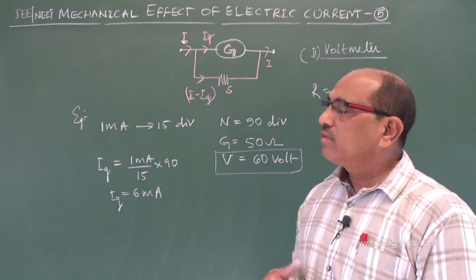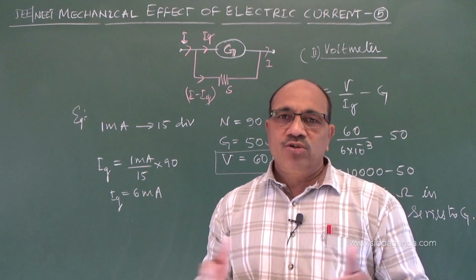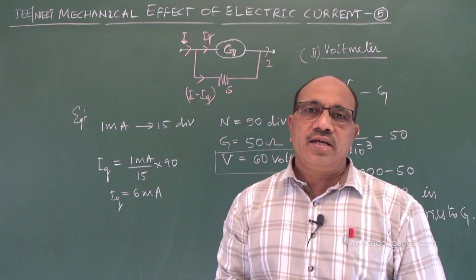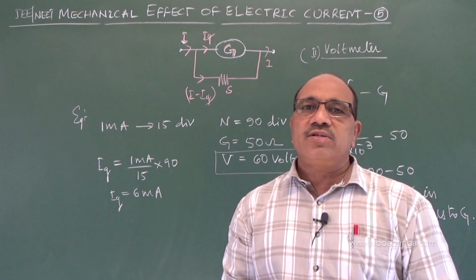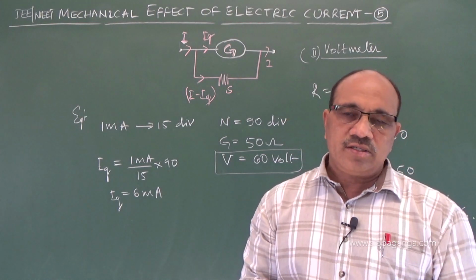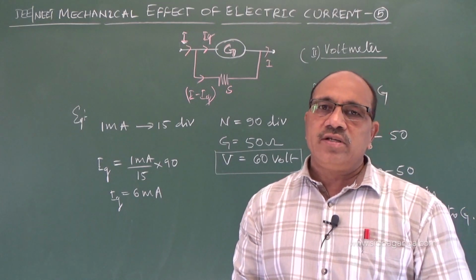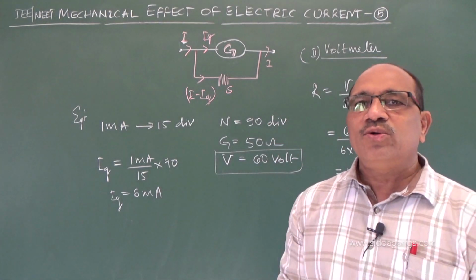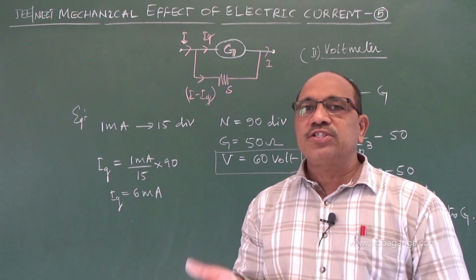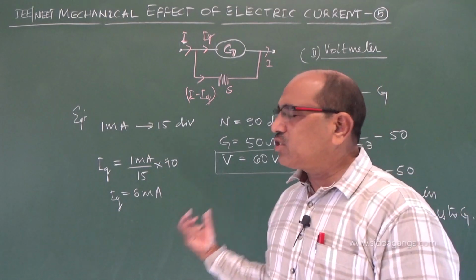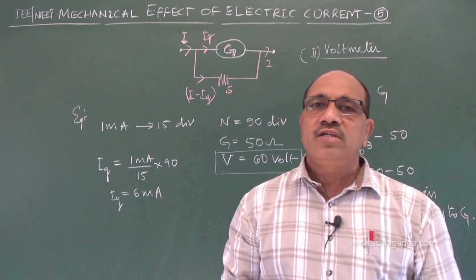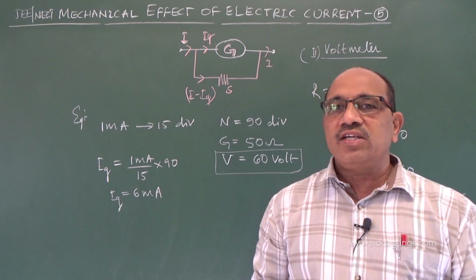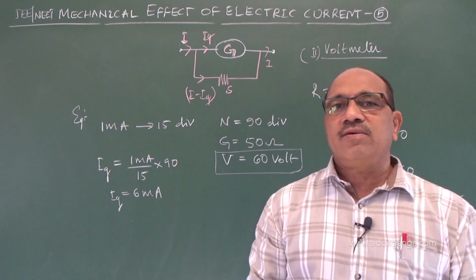In this unit we covered two major derivations. One, force on a current carrying conductor in a magnetic field, and second, the force between two parallel conductors carrying current. Then the moving coil galvanometer, and how that is converted into a pointer galvanometer, and how this pointer galvanometer is converted into an ammeter and voltmeter, and the possible questions that arise. If you just go through once or twice, you may not understand the numericals. But if you get confidence in solving all the numericals, you are able to solve any questions in board or entrance examinations. Thank you.